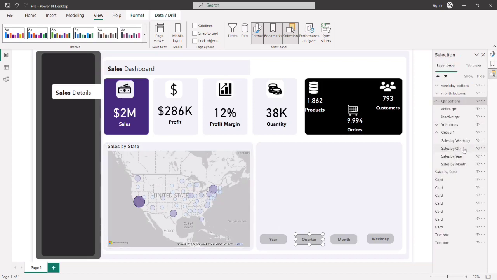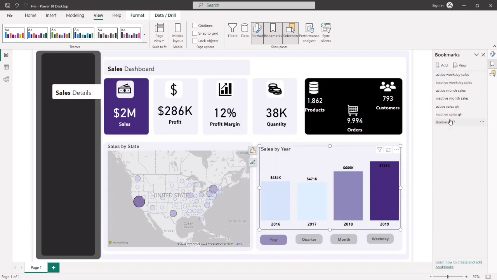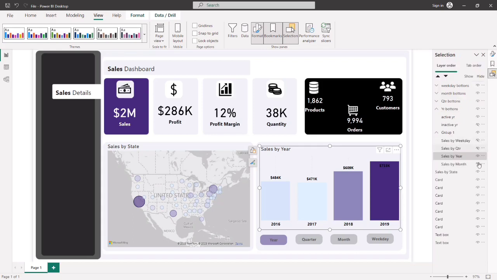All right, so I'm going to select this. So sales by year, turn this on. Okay, hold my control to select it, come to the year buttons now. And because the chart is active, I'm going to turn on the active button. See what I have there. So I'm going to add. So active sales here. Come over here. Remove this. Update. Come back to my selection,